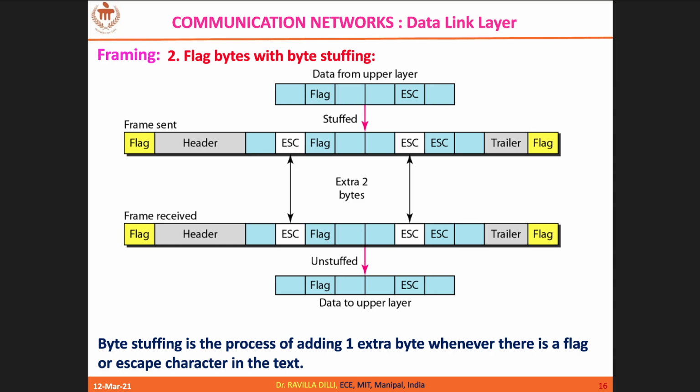Okay, so now you see on the top the data comes from the network layer, and consists of what? Flag pattern as well as escape pattern. There are chances, right? So now how are we going to handle it? While making the frames, we know that the frame begins with a flag character followed by header. So this flag should not be misinterpreted as end of the frame. So we will precede this flag by an escape character. I kept one escape character just before the flag byte.